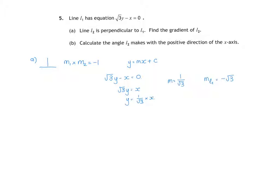So b. So we've got a line and we're trying to find the angle that it makes with the positive direction of the x-axis. So we know that m equals tan theta, so that's what we've got. So we're going to be using this. We know that our gradient is negative root 3 and that we have tan theta. So to get the angle, we do tan to the minus 1 of negative root 3. But we know that we can't do tan of negative numbers and get our answer, so we kind of go back to the